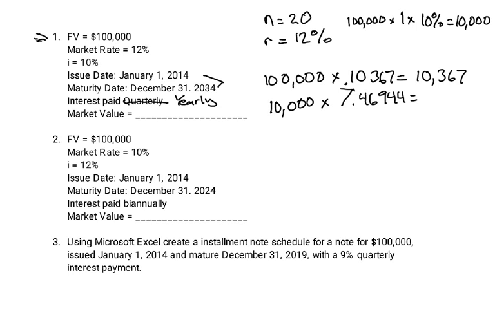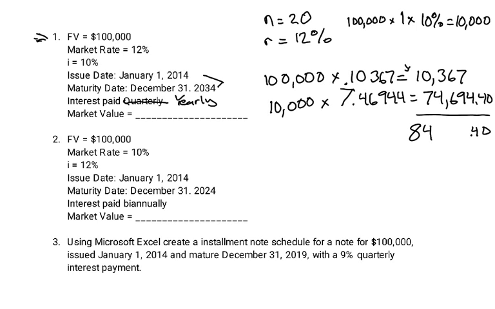We'll get $74,694.40. So when we add that to the principal calculation, we'll get